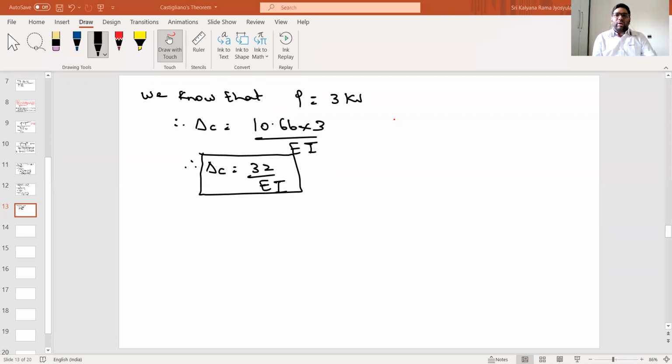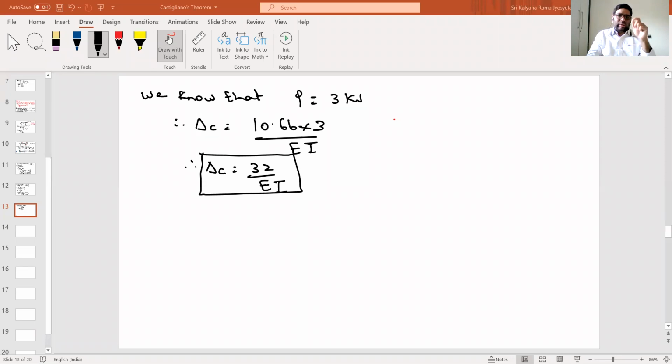So in order to calculate rotation at point A, what did we think? We have introduced a moment at A. It's a dummy moment or fictitious moment. When we talk about the dummy moment, we can assume any direction to start with, but if we assume clockwise, depending upon the sign convention, that will change.